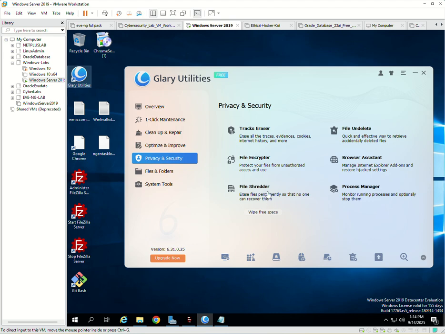We're going to look at file undelete. It helps to recover files you deleted by mistake. Quick, effective, but recovery isn't always guaranteed. So we're also going to look at the browser assistant. It lets you manage Internet Explorer add-ons, and helps restore settings if they have been hijacked by unwanted software,